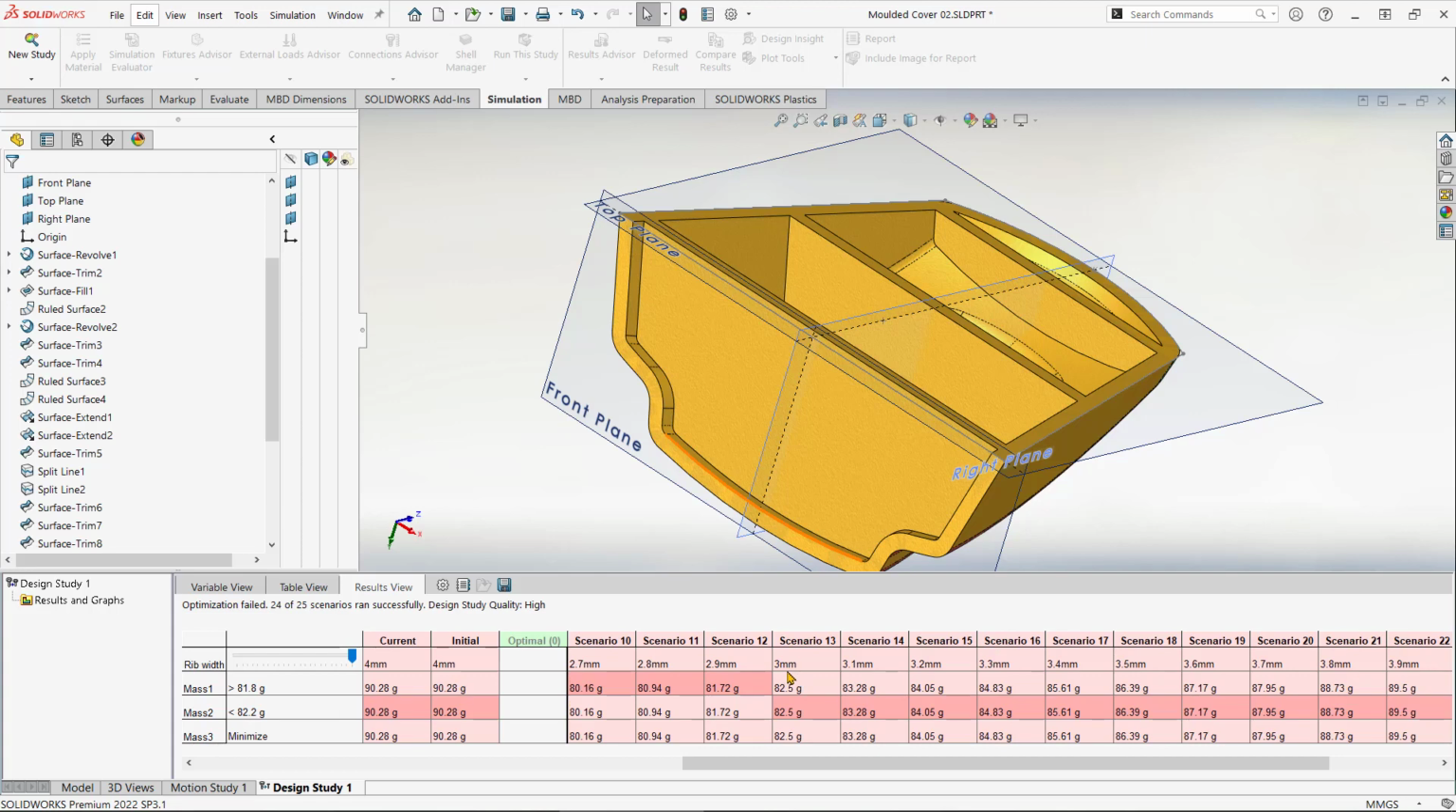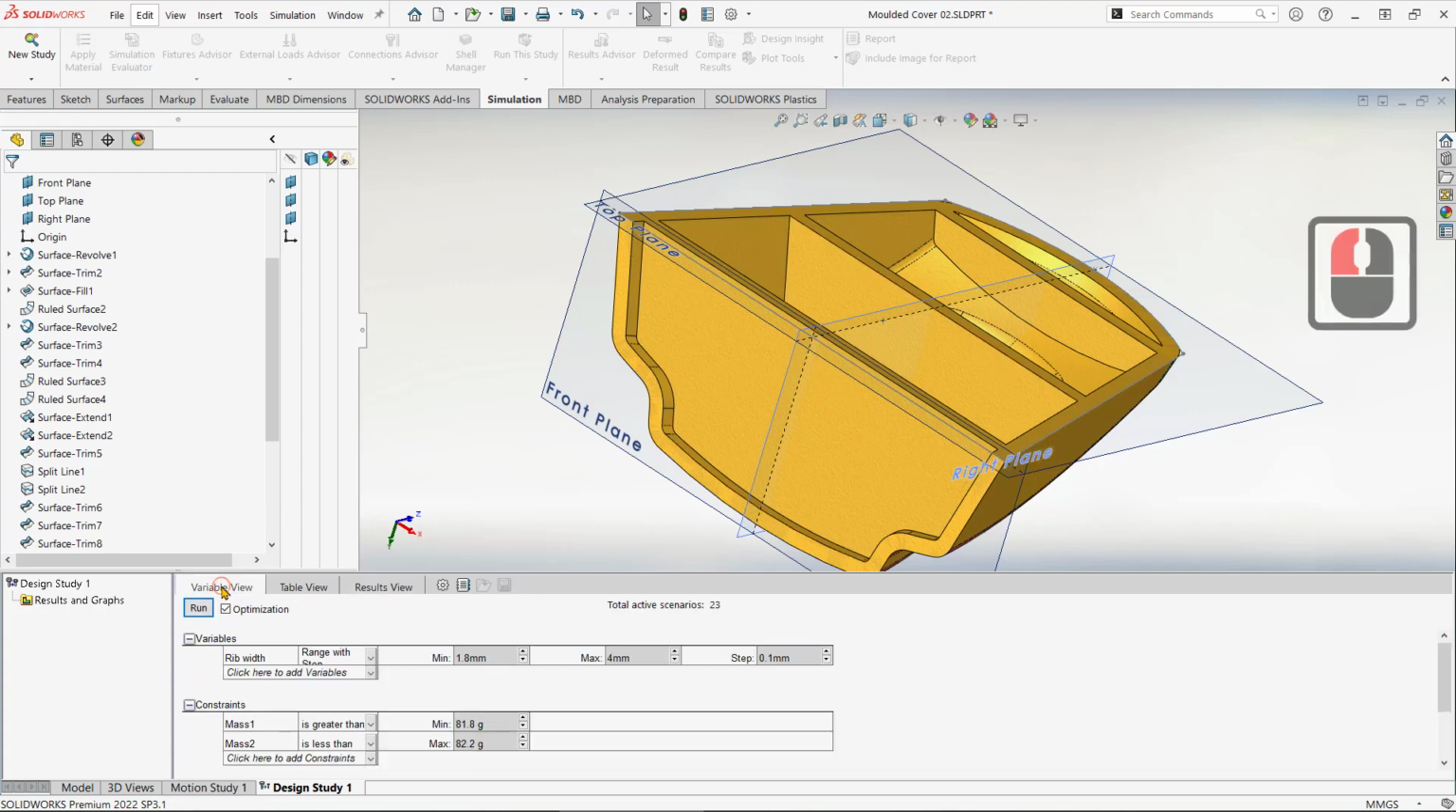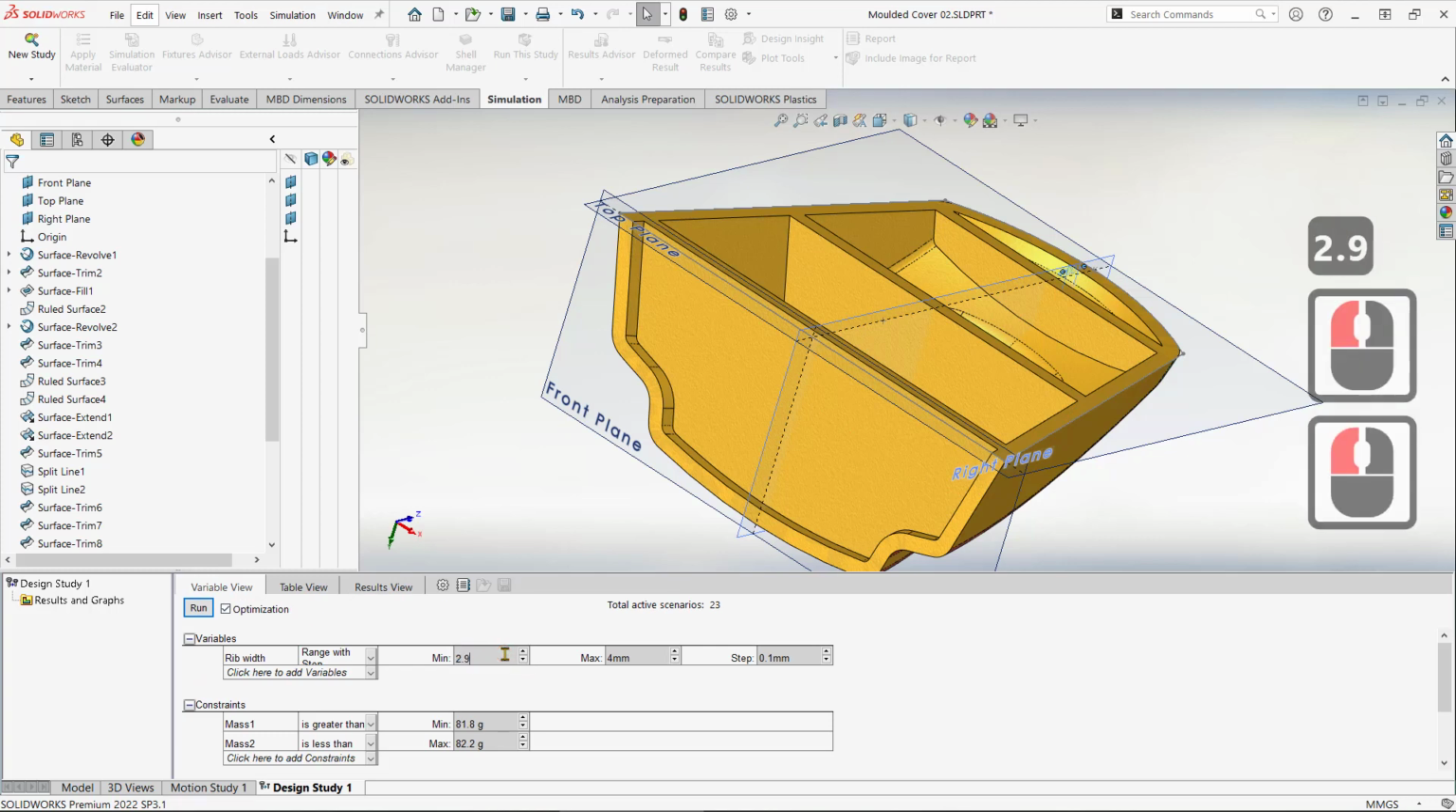And then we can reduce the step size down significantly because we've tightened our search into a very specific window. So 2.9 is the lower one, 3 is the upper one. So I can do that very easily. I go back to variable view, 2.9,